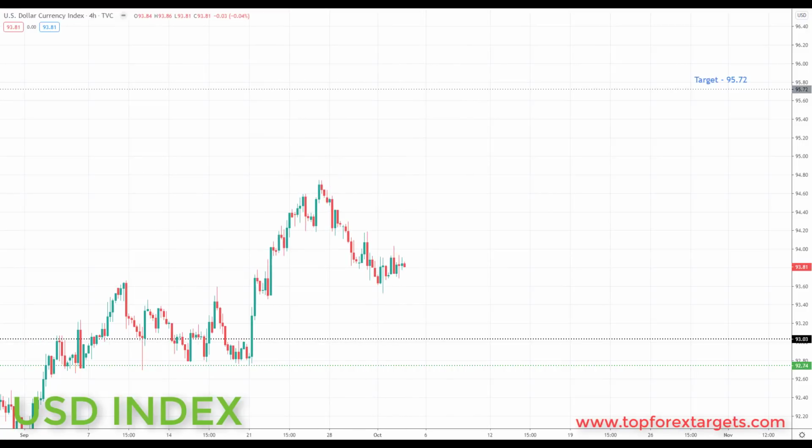As always, we're going to start off by looking at the US dollar index. Something to note before we look at the dollar index is that we are 1 month out as of today from the US election. This is the next big trading event, on the 3rd of November. And between now and then, I would not be surprised to see a bit of a risk-off mentality coming into the markets as uncertainty and volatility pick up, leading into the election and possibly a couple of weeks after the election.